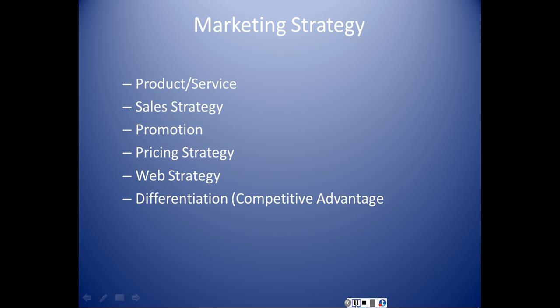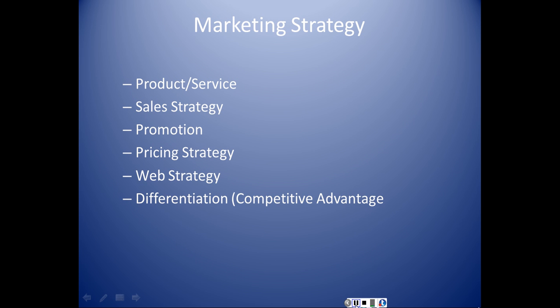Another element is called skimming pricing strategy. You charge a high price because you have a substantial competitive advantage. However, the advantage is typically not sustainable in this case. A high price tends to attract new competitors into the market, and the price inevitably falls due to increased supply. There's another strategy called follow the leader's pricing strategy. You set prices based upon your competition, and oftentimes that leads to some kind of price war. You can also use a variable pricing strategy, where your price fluctuates based upon the changing cost of production.